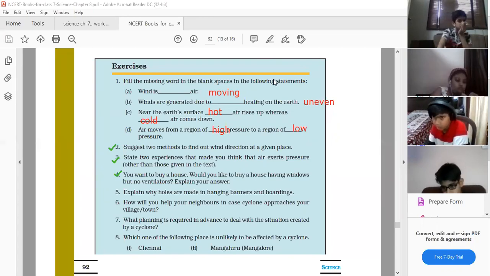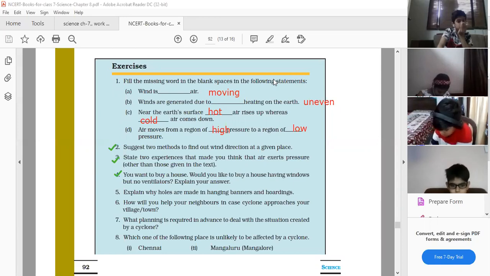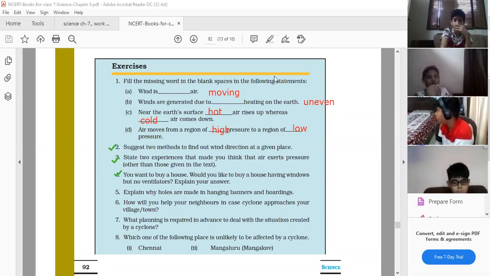This is the exact reason, because in the room, whenever the hot air is there, hot air is lighter, it may move up and go out from the ventilators, and the fresh air may enter through the ventilator. So this is a major reason that whenever we are purchasing a house, there should be ventilators. Even at your home, you can check whether the ventilators are there or not. There is a shaft for the ventilation. The people in the house will be suffocated if there is no ventilator in the house.